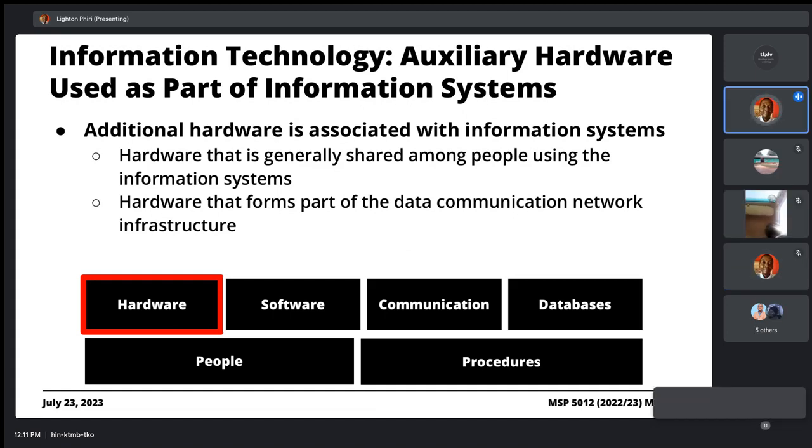All of these are hardware components. Specifically, these are peripherals, input-output devices, whose sole purpose is to facilitate the receiving and sending of data to or from remote network nodes.